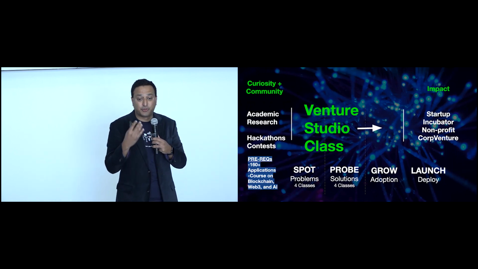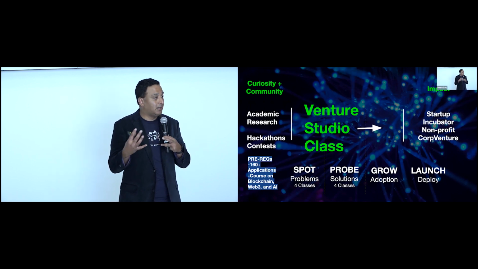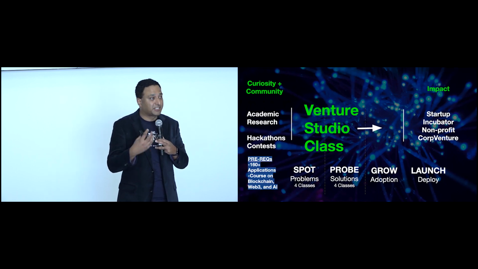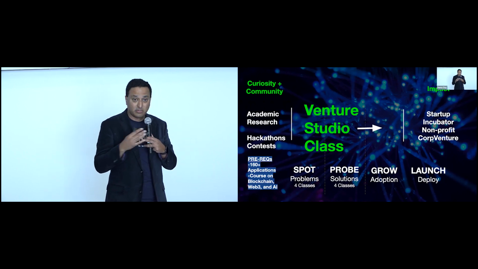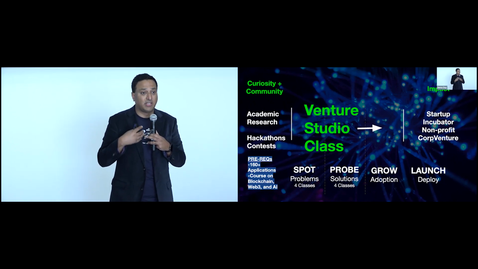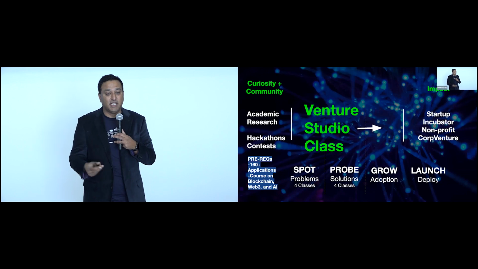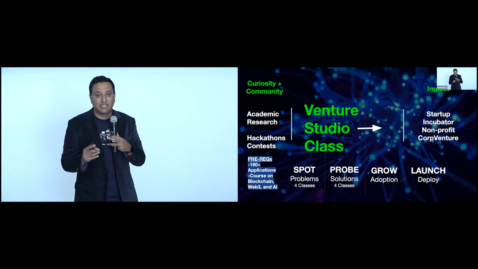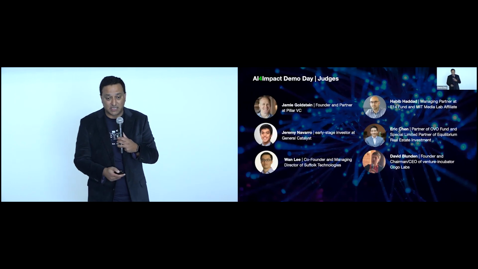We focus on a spot probe process where right in the beginning, we bring a lot of stakeholders and experts, and ideas are evaluated. Most ideas are rejected over 3 weeks. And then for the remaining 6 weeks, students and learners spend a lot of time figuring out how to spot the opportunities and probe the solutions. It's very different in that sense from other entrepreneurship classes. You'll see today how this has evolved.